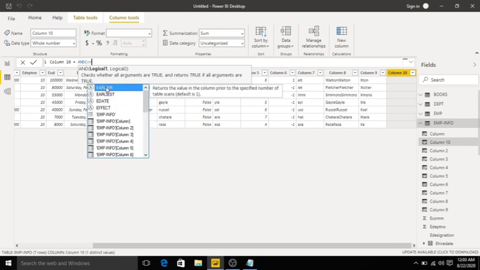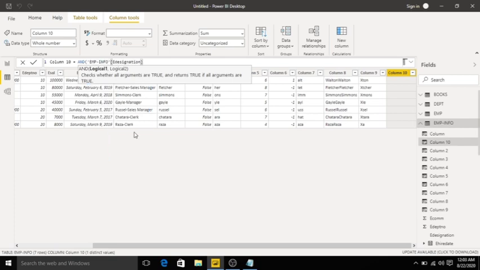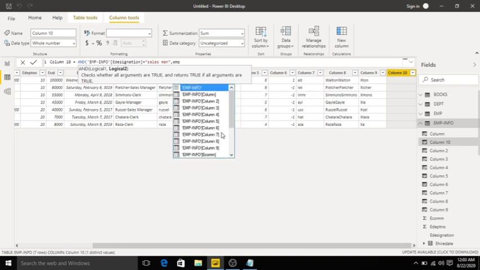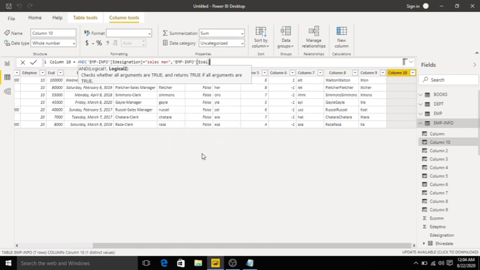I will take employee info of e-designation is equal to salesman, employee of e-salary greater than 15,000. Click enter.